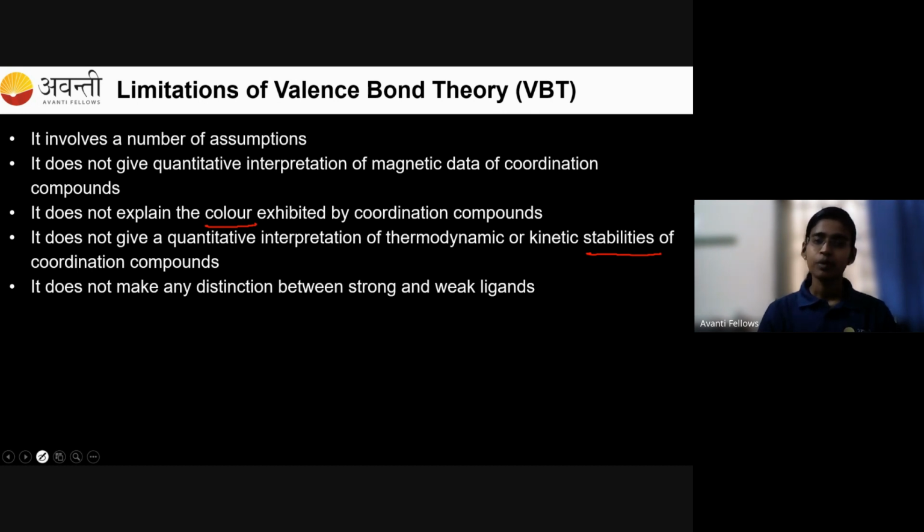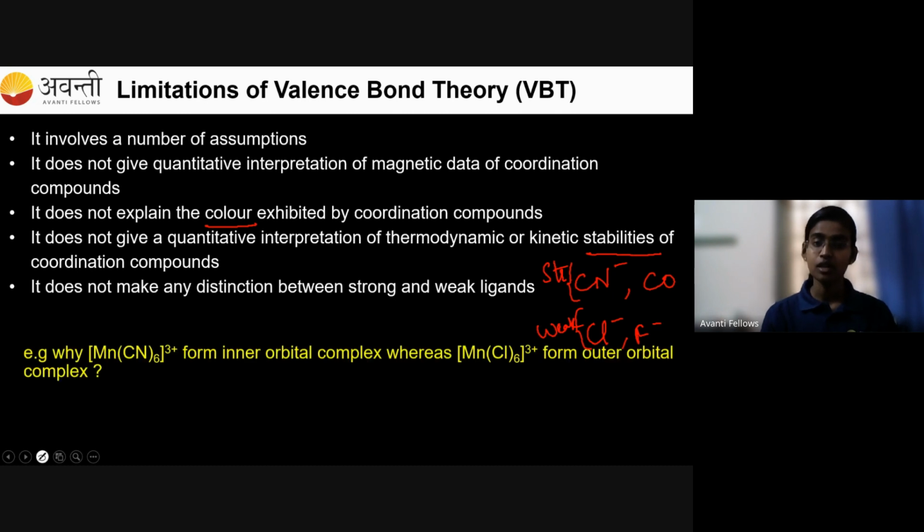Okay, so you might have noticed that the CN containing complex and the CO containing complex were forming diamagnetic systems. But the Cl minus containing system and the F minus containing system were paramagnetic in nature, right? It means these ligands are called strong field ligands and these ligands are called weak field ligands. So valence bond theory did not differentiate the strong field ligand and weak field ligand because in many compounds, you can see